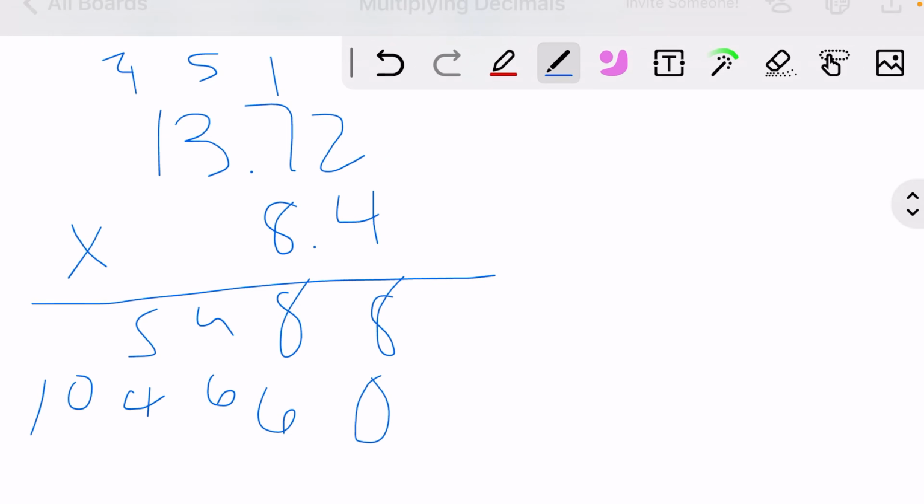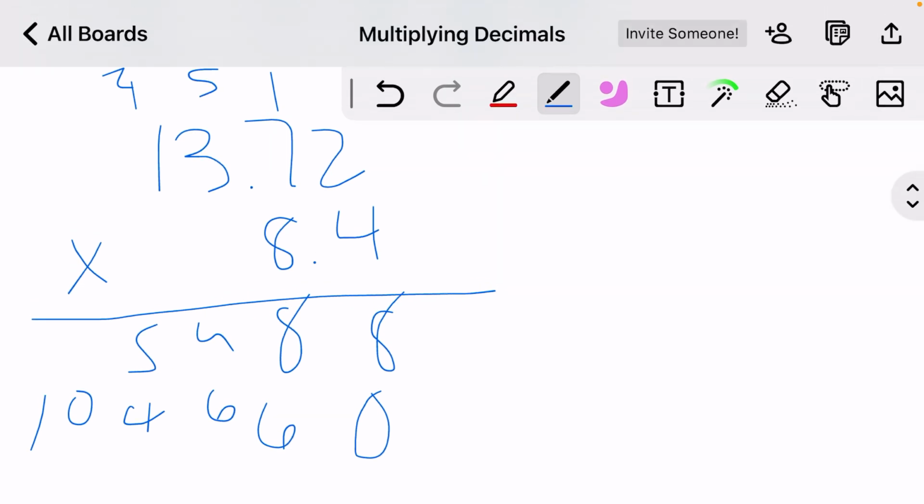So now that we went through and did our multiplication, that's why you need to know your timetables. Got to make sure you know your timetables. There ain't no way around that. But now that we went through and multiplied both of these, just like the decimal points weren't there, now what we have to do,